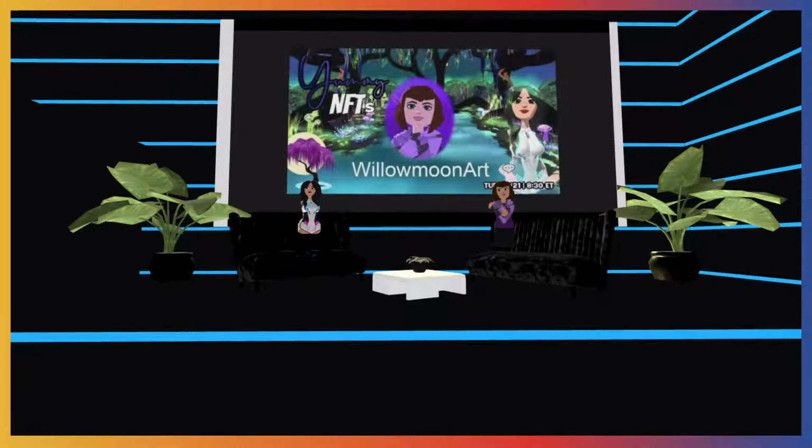The one just to the right of that is the abstract that I just did. It's not an NFT yet, but it's going to be going up for an auction in October at the Agnomaly event. So there'll be more details about that coming soon. The hedgehog one is one of my favorites over on the right here. And that's made with a mix of a lot of different things. The hedgehog model I made in Gravity Sketch, the flowers in Tilt Brush, and then I put it together in the